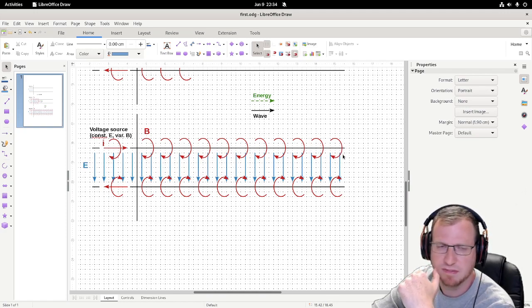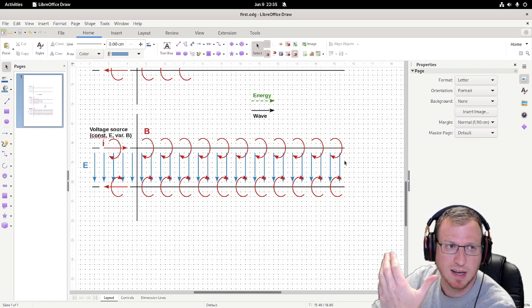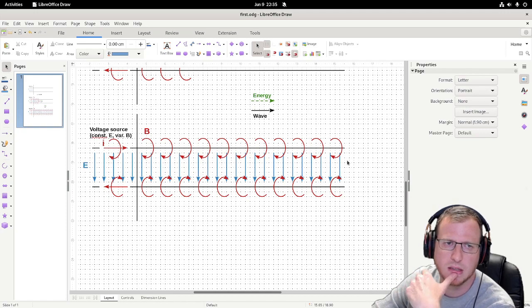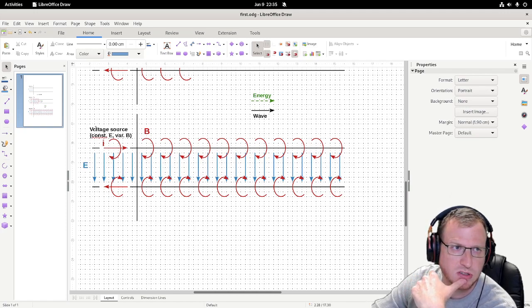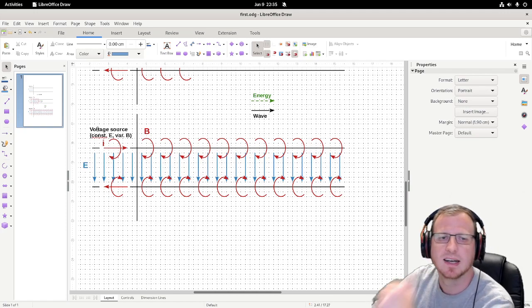The electrical field is established as we see here. So no current should be flowing anymore, because the electrical field should now be the same as from the voltage source,